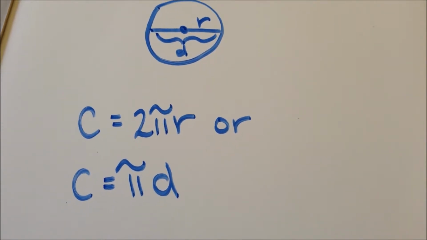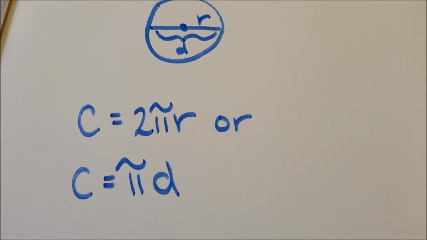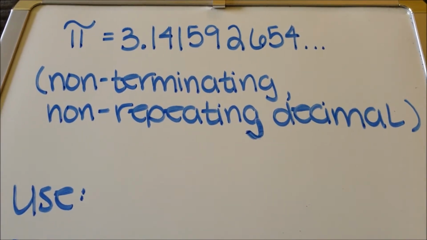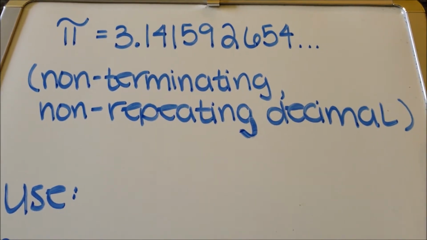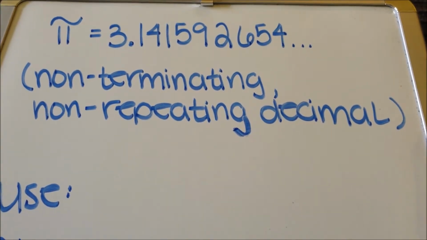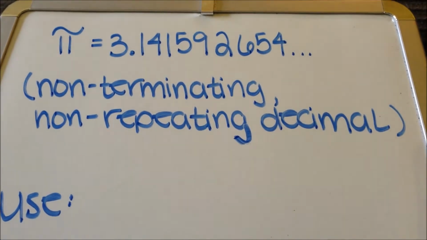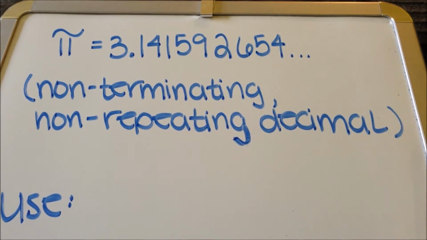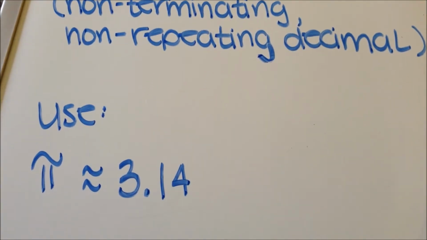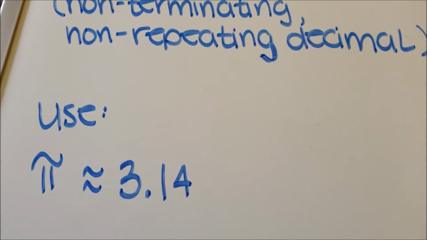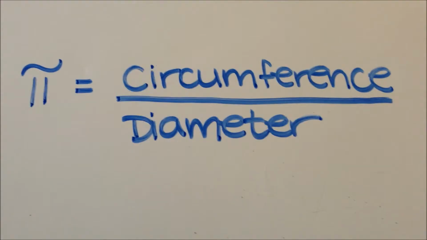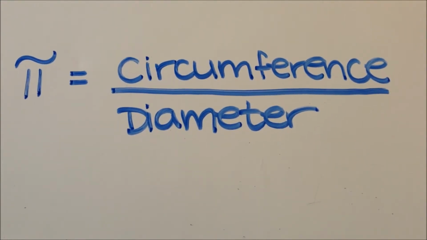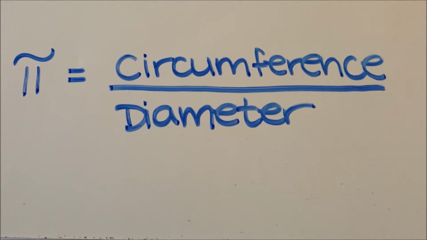So it would be pi, which again is just an irrational number, times whatever the diameter measure is. Pi, as I mentioned, is an irrational number, meaning that it is a non-terminating, non-repeating decimal. The exact value of pi is 3.141592654, etc. What we will use in the formula is that pi is approximately equal to 3.14. In general, pi is equal to a circle's circumference divided by its diameter, or the ratio of a circle's circumference